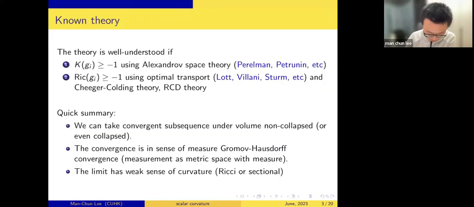For sectional curvature, we can talk about the sectional curvature lower bound for the limit. And for the Ricci lower bound, we can still talk about it by making use of the Bochner formula if you talk about RCD, or you can talk about some entropy monotonicity if you go back to the first approach by Lott, Villani, and Sturm. Okay, but anyway,